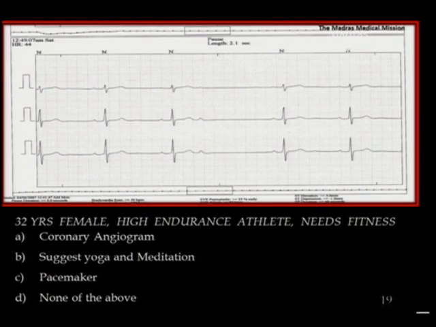This is a lady who comes to you asking for fitness because she wants to join airlines. 32 years, female, high endurance athlete. What are you asking her to undergo in case you are unwilling to give her fitness? I believe this ECG should carry a recommendation from your side to her employer that she probably is going to be the fittest lady in that organization, because this ECG is a manifestation of really high endurance athlete training,